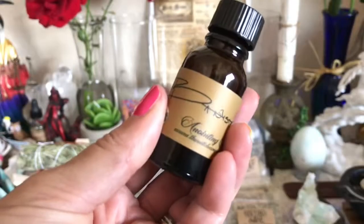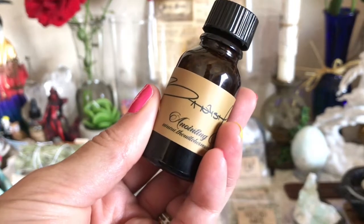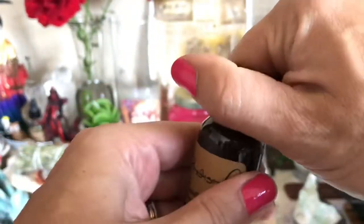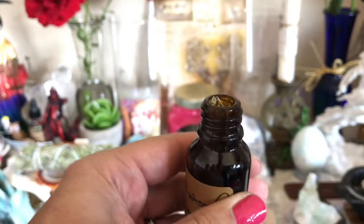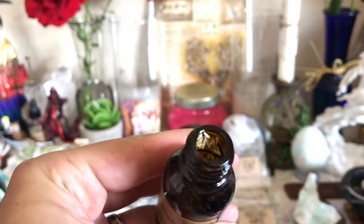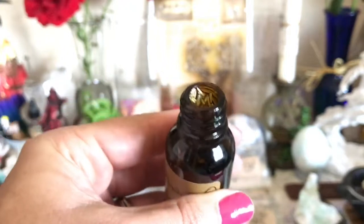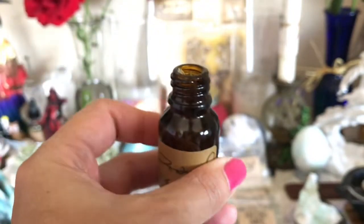Woo! So here's some of that Banished magical oil, and also in a nice dark bottle to protect the oils inside from sunlight, but you can already see there's lots of herby goodness on the inside. And if I give it a sniff, smells kind of like,